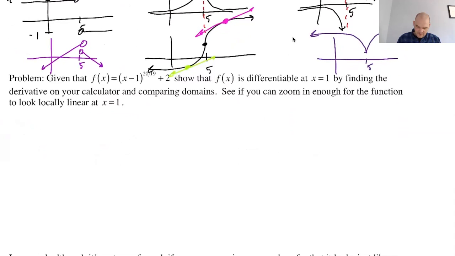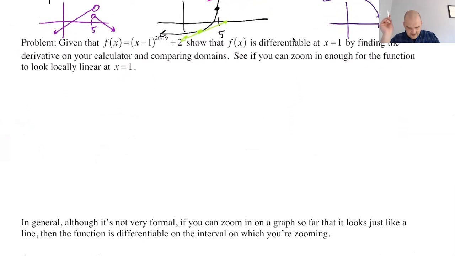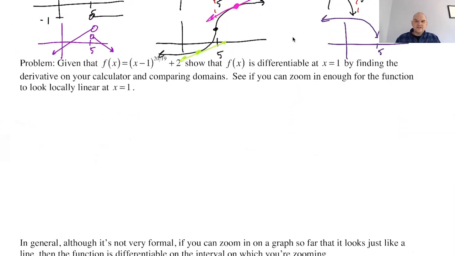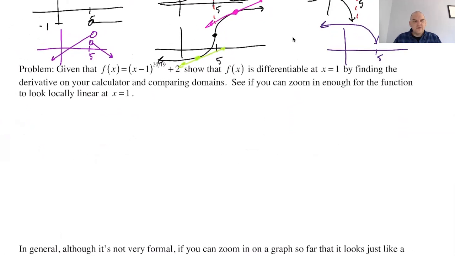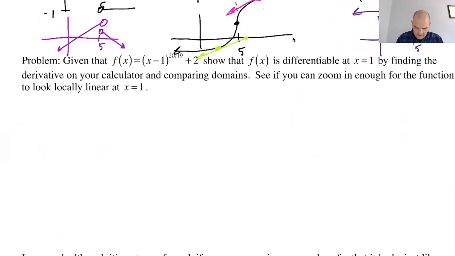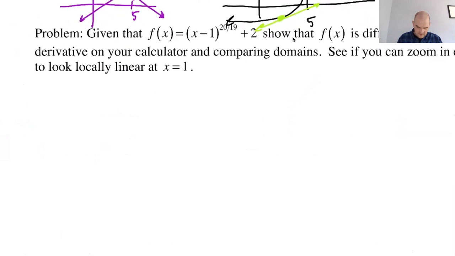Let's take a look at this problem. Given that f of x equals the quantity x minus 1 to the 20 over 19, plus 2, show that f is differentiable at x equals 1 by finding the derivative on your calculator and comparing domains. All right, that's a good thing, because I was wondering how we were going to find this derivative. All right, so let's start with the domain